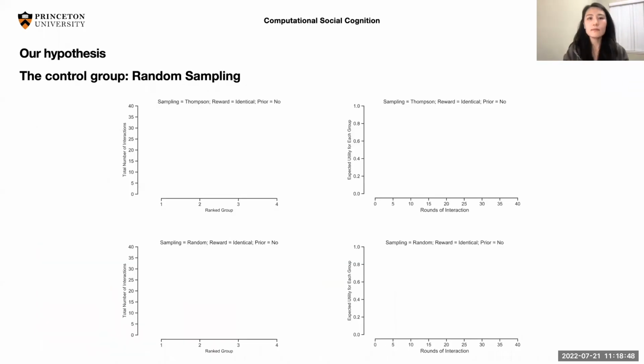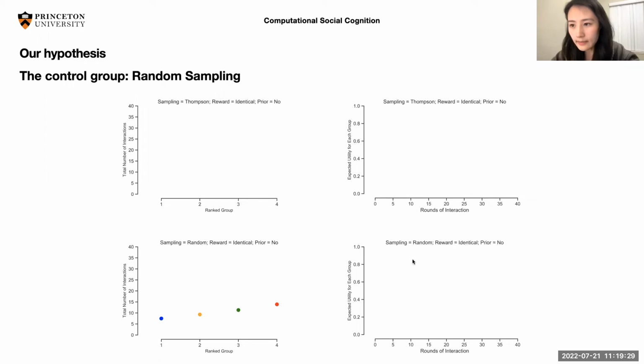All right. Now, these are our simulation results. We're going to really quantify the intuition here. Let me first show you the random sampling control condition, just to have a baseline. If you look at the figure on the bottom left, this is the number of interactions from random sampling. On the x-axis, we're seeing different groups. We have four groups. On the y-axis, we're seeing the number of interactions. In the model, I trained 40 rounds. If it's random, then the interaction count should be about 10 each. And indeed, that is what we see. This model interacted with each group about 10 times, which is fine.